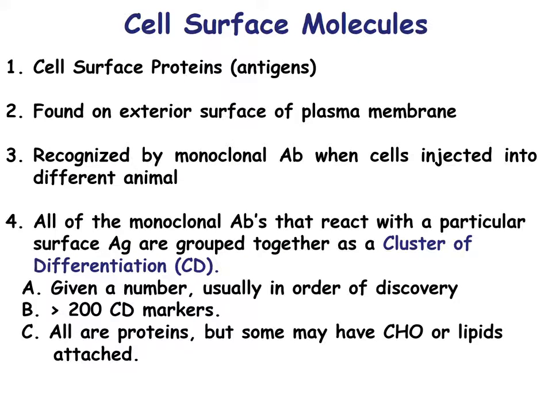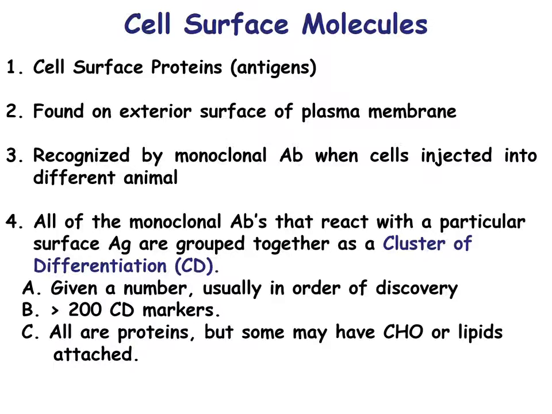So what do? Well, there are cell surface molecules. These are cell surface proteins. They can also be antigens. And they're found on the surface, of course, because they're hooked into the plasma membrane. And they are recognized by antibodies that we've injected in different animals so that we can identify the different cell